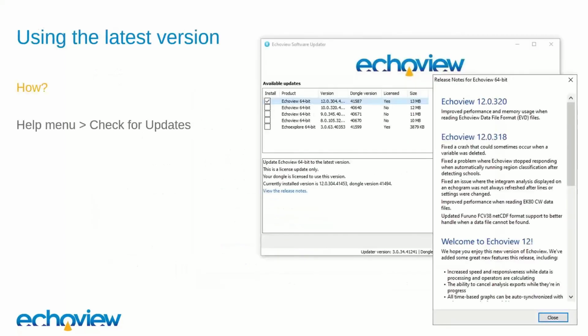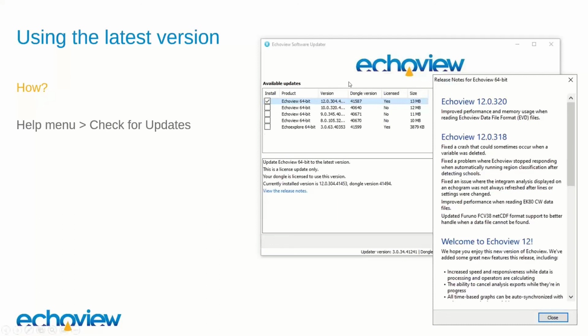The latest version can always be accessed using the EchoView software updater or downloaded from our website. When you go to the updater, EchoView will give you the option to see the release notes. Our release notes will give you an overview of the major new features in a release, but also, more importantly, the specific changes that have occurred since we initially released a new version. So we can see, since we released EchoView 12, we've released 2 minor updates, and these include some bug fixes that fix some problems in certain situations and a few improvements and other small adjustments.